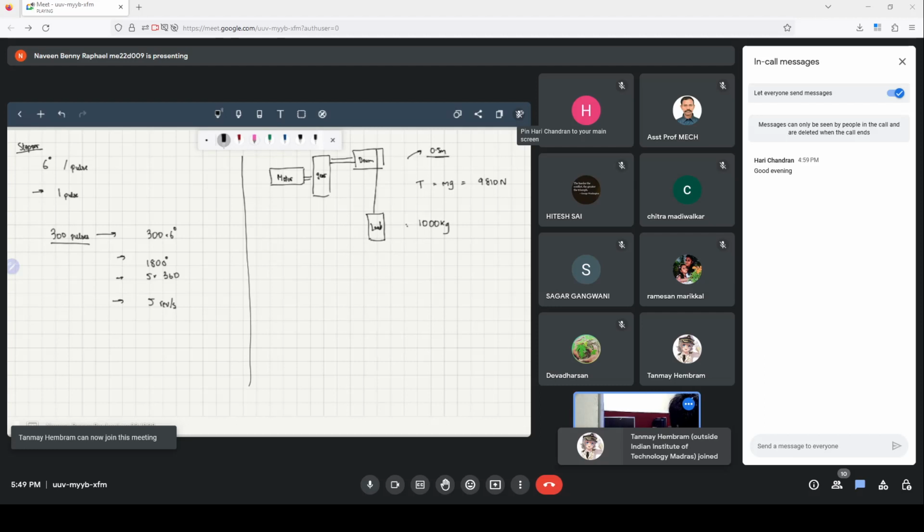Since the drum has a diameter of 0.5 meters, we know that torque is equal to force multiplied by radius or distance. So in this case it will become 9810 multiplied by 0.25. If you plug in the numbers, you will get approximately